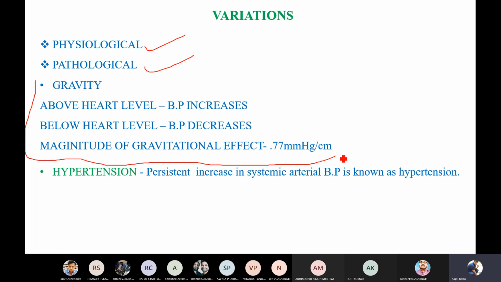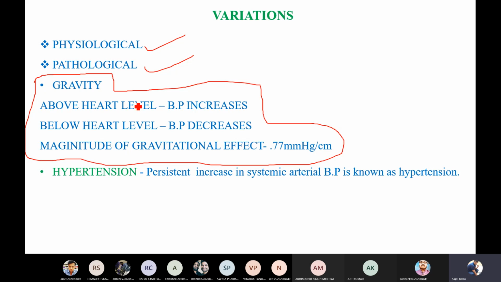The gravity. So you may wonder what the role of gravity is in blood pressure. Definitely, gravity is going to have some interference on your blood pressure values. How do we measure the blood pressure? Are you measuring properly, above the heart level, or below the heart level? That will affect your reading. If you place the cuff on your arm and your arm is lifted above the heart, and then you measure the blood pressure,